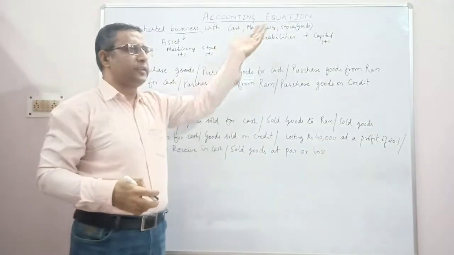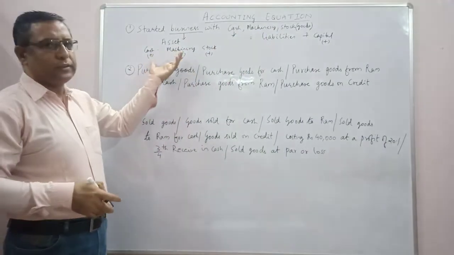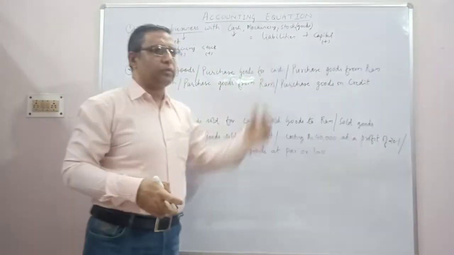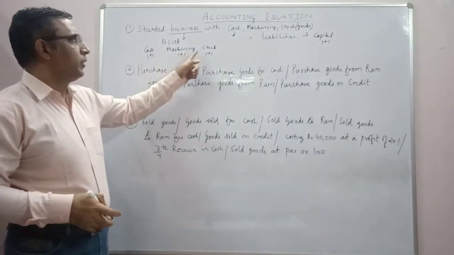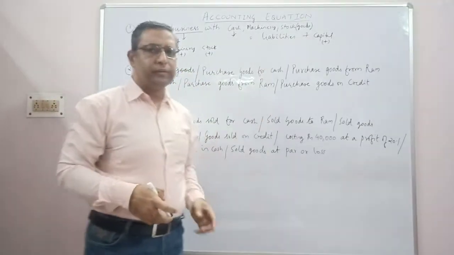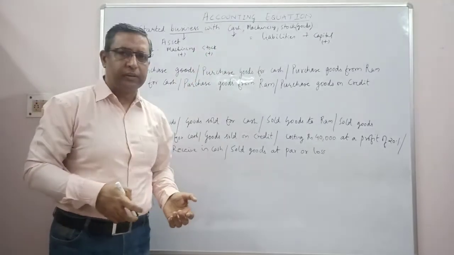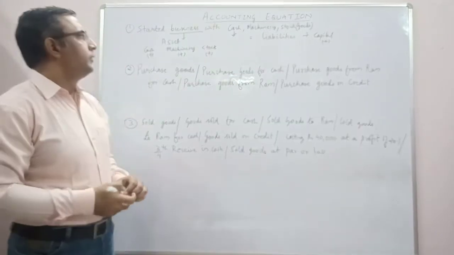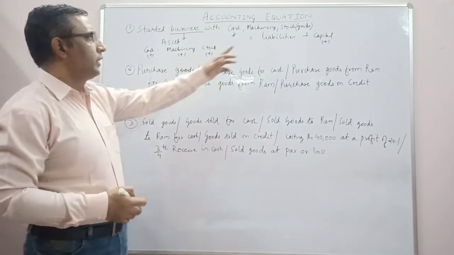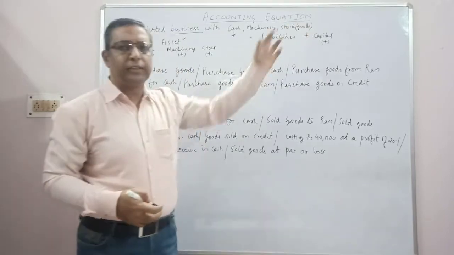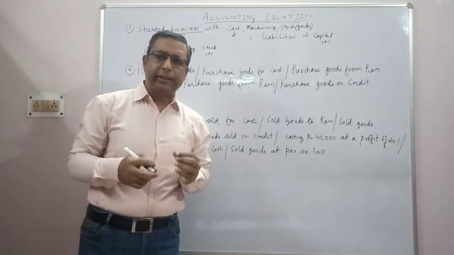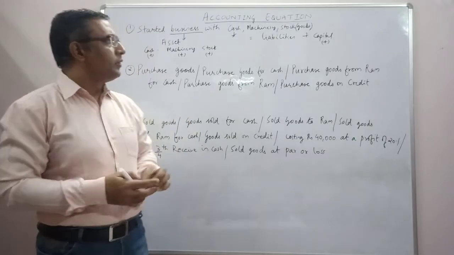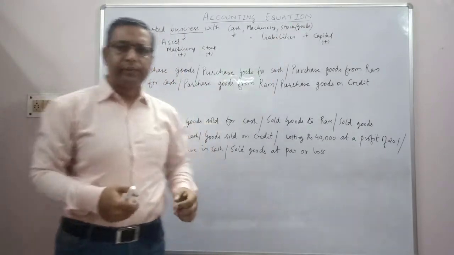Whatever assets he is bringing to the business are going to increase, and the capital is also going to increase. We add all the amounts, and that is the capital. Whatever he brings into the business to start it is his capital. And goods, we can explain again: goods are the things that a businessman regularly deals with.